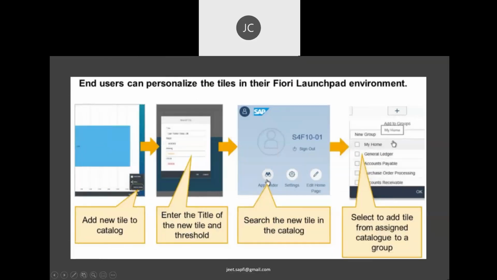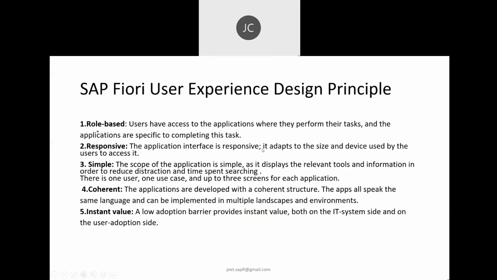Then, as I told you about this button bar here, we can personalize all those things. We can add a new tile to the catalog. We can find the apps, and if one is not there, we can add it. These functions we will do once we get to the practical, and I will take you through it, because this is very important. But let's understand right now. I'm keeping the slide so we can quickly do all those changes. So let's come to the theoretical part again.